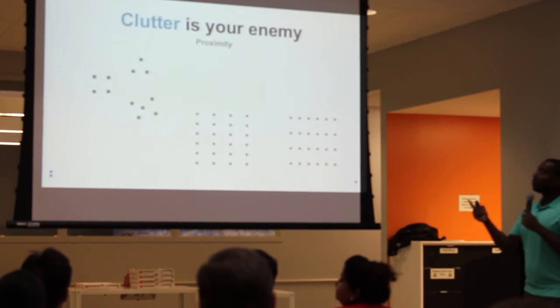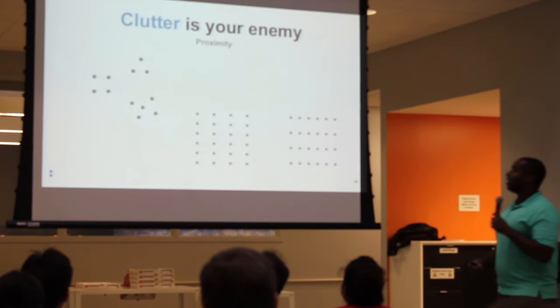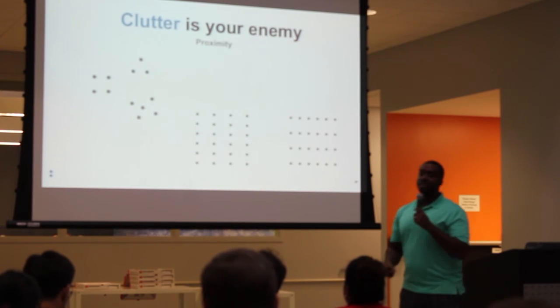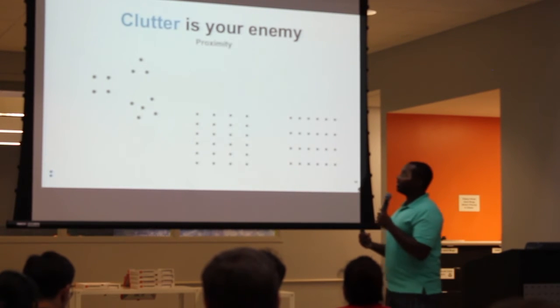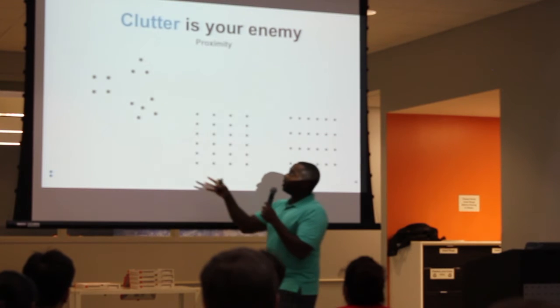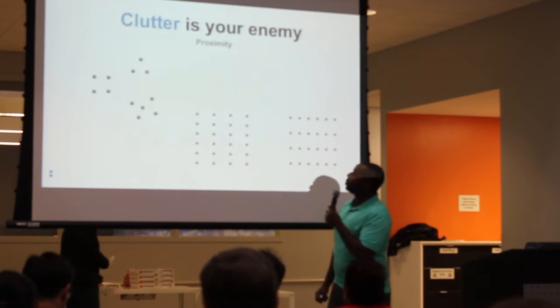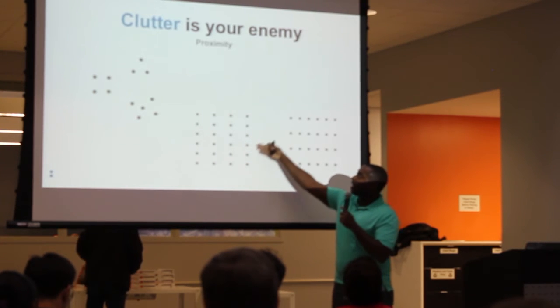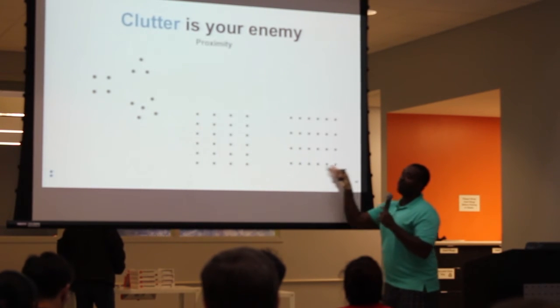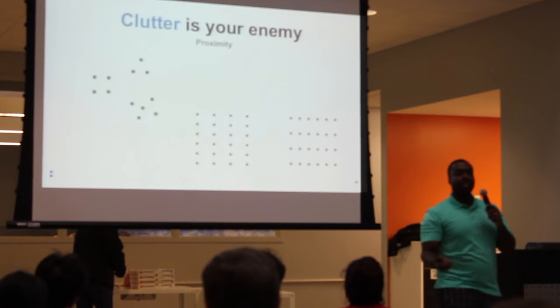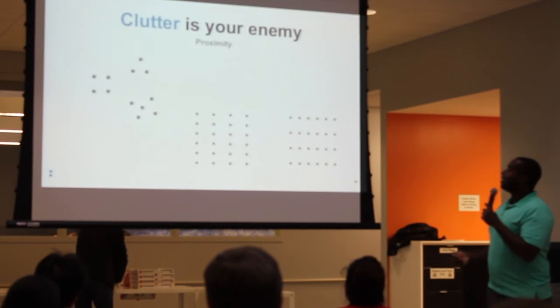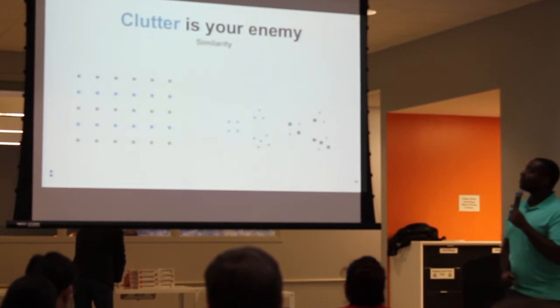So the first principle is proximity, right? You can use white space in charts to help people understand association. You guys probably know that these are 3 groups, or you assume it's 3 groups because of the space in between. This probably looks like columns, and this probably looks like rows. It's the same number of dots, same dots, just space used. And so you can take advantage of that.